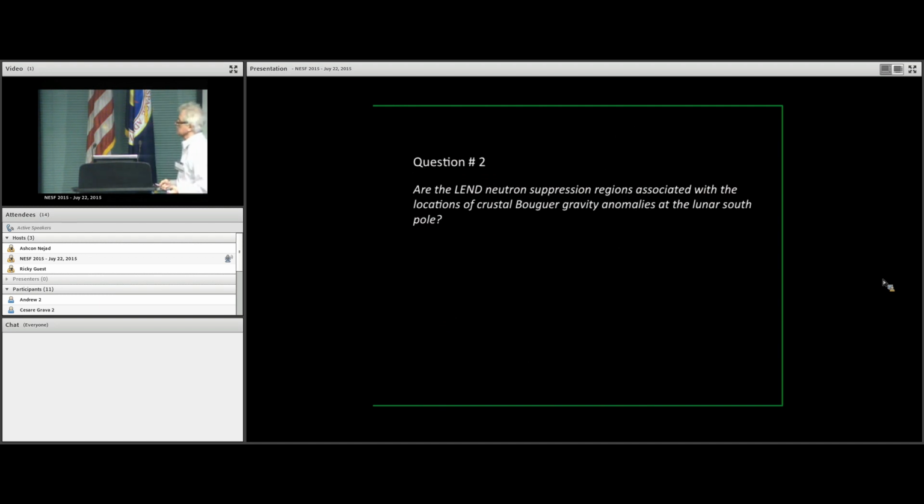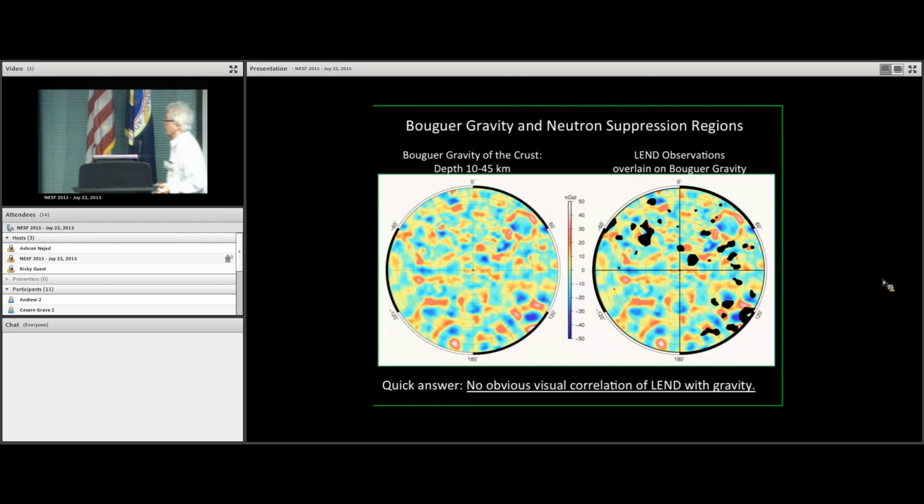So are the LEN neutron suppression regions associated with locations of crustal Bouguer gravity anomalies, which is really where we started, and asked whether in fact there was anything in the crust that you can see. And when you lay them together, and what you see here is the gravity field